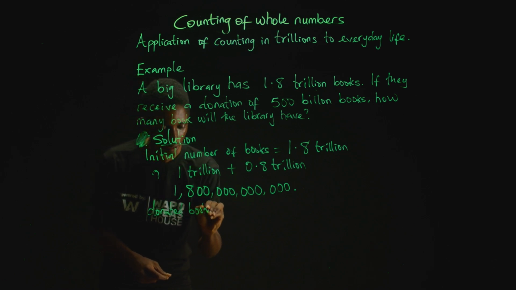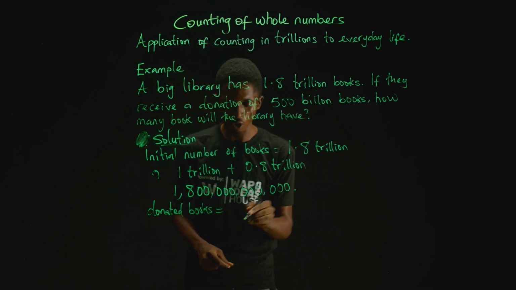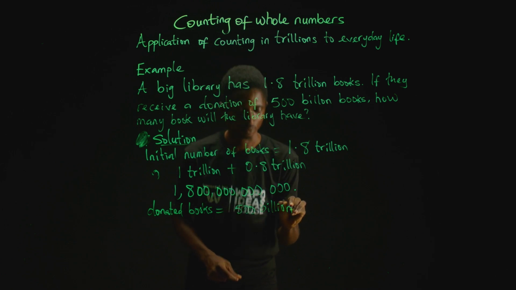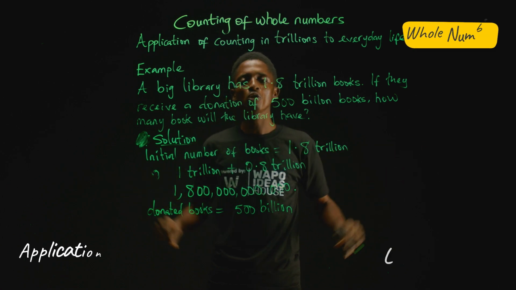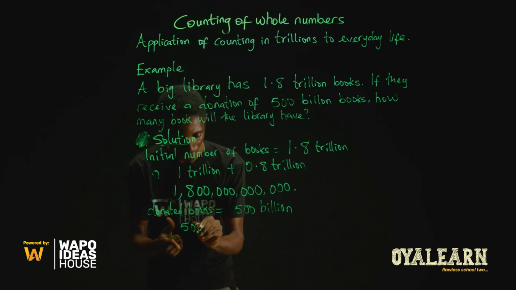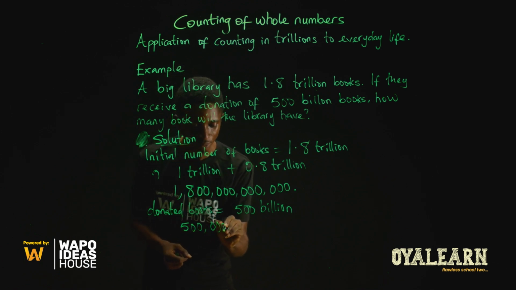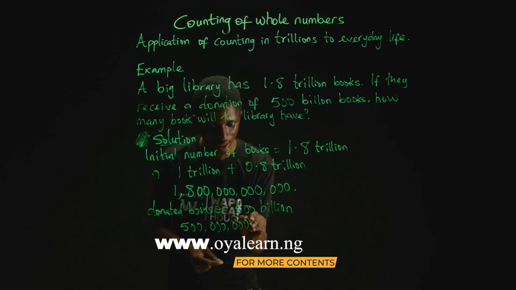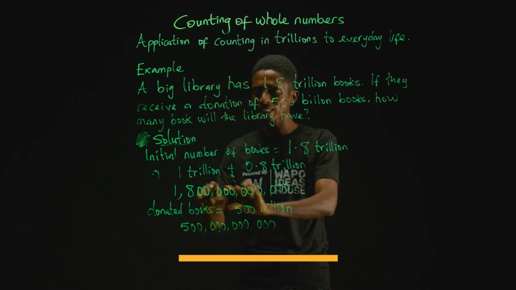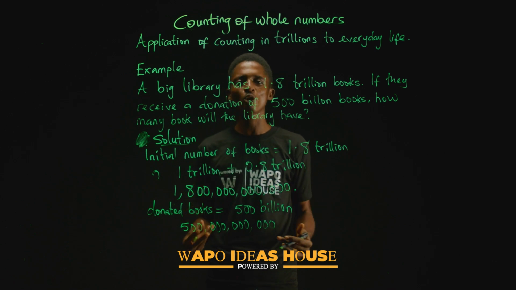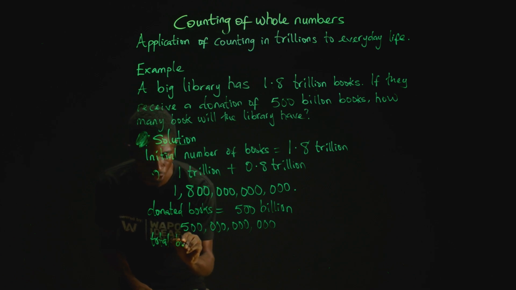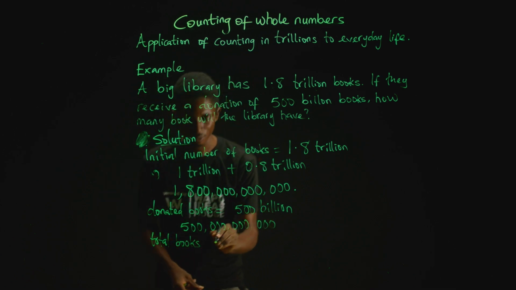Now, the donation. Donated books equal 500 billion. Writing this in full digits would be 500 from billion to million to thousands and then ones. Now that we have these books written in their full digits, we can then go on to perform the sum. So, total books. That would be